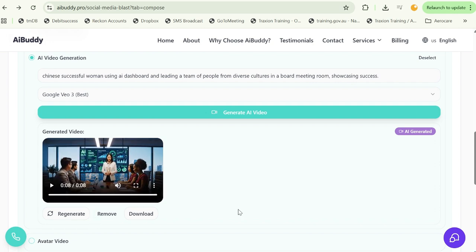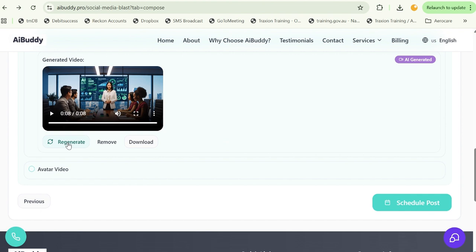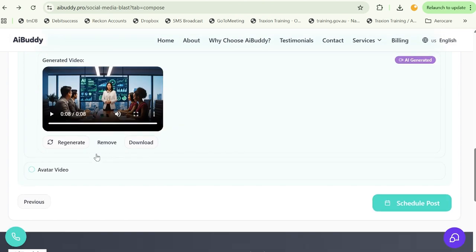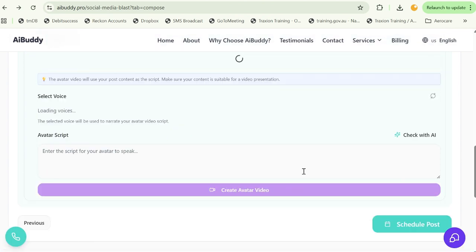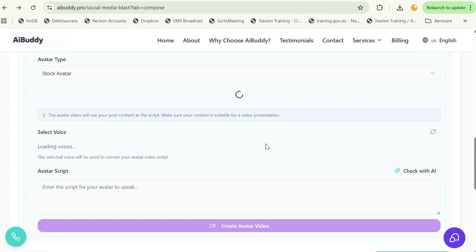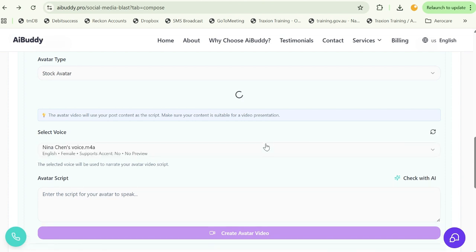There you go. Whatever you want the video to say, do, sound, please put it in your prompt. You can regenerate it, download it, and then just press schedule post. If you don't want to use this one, now avatar videos are a great way to present educational materials and